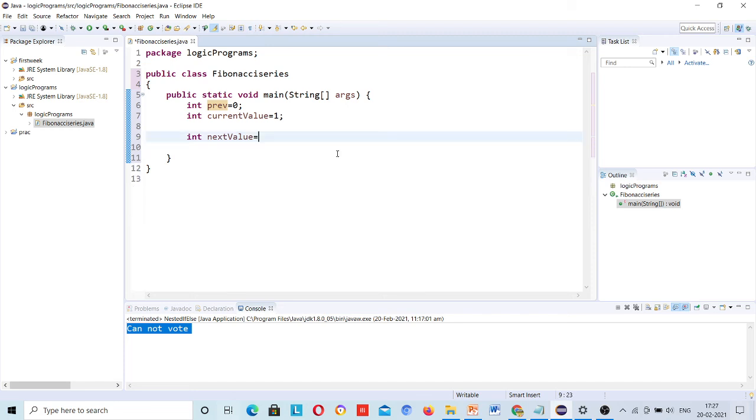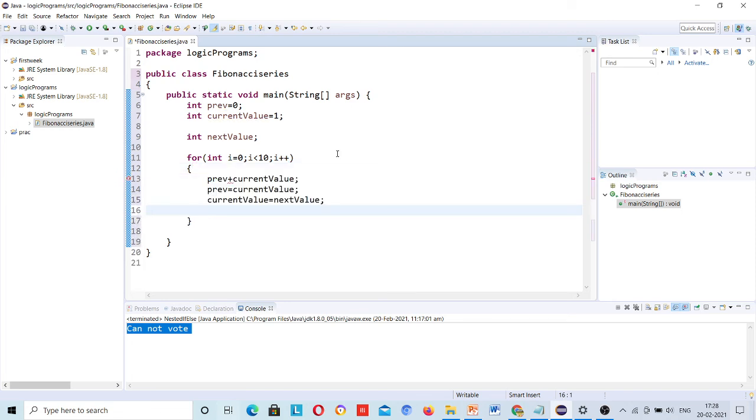Suppose I want to print my series for 10 digits, meaning up to 10 upcoming numbers. So I need to run my loop, integer i is equal to 0 and i is less than 10 and i plus plus, and print this logic.